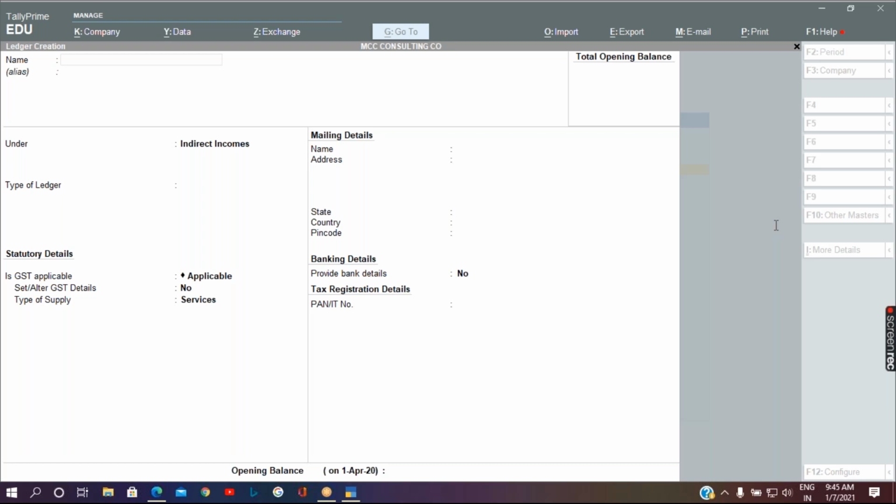for both instruments you have an identification number. If you are issuing a check, there will be a check number. For DD also, there will be a DD number. If you transact through online net banking like NEFT or RTGS, there will be a transaction ID, or if you are doing any digital payment, a reference number will be provided.